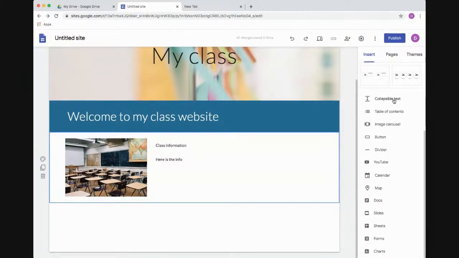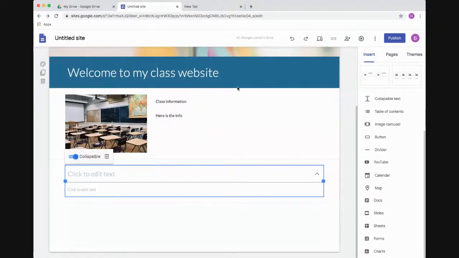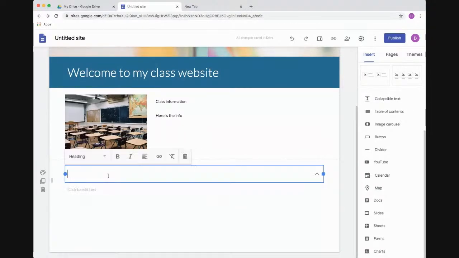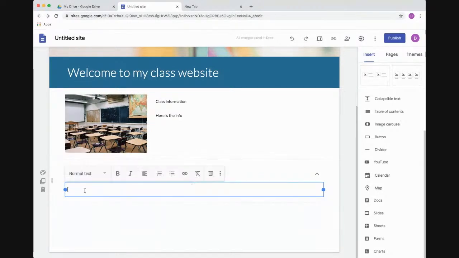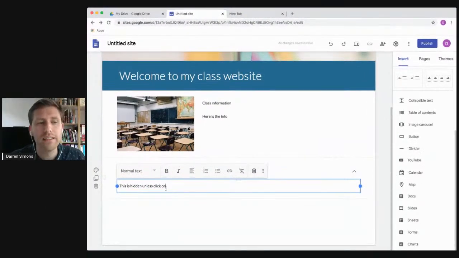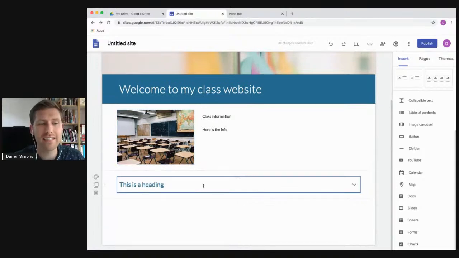So collapsible text is a really interesting thing to add. This is where you would have sort of a heading. So this is a heading. And then this bit underneath is what would then appear if a user opened up that text. So this is hidden unless clicked on. And I'll just click off that. And you'll notice that text now has disappeared. So I'm only going to see this is a heading, and a user would need to click on that box